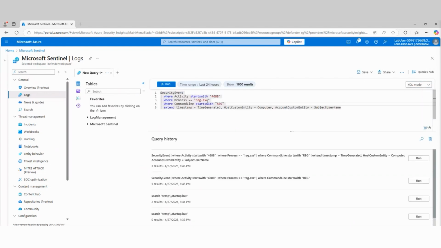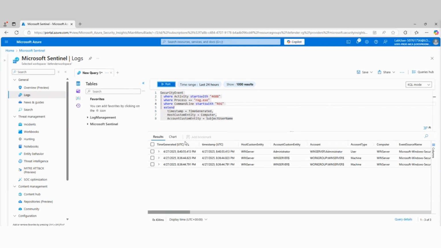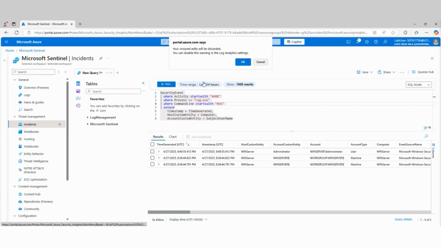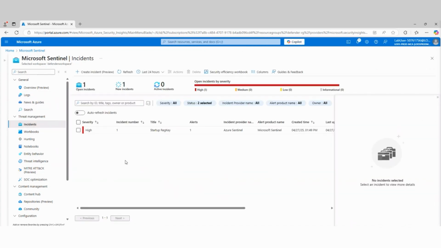our KQL mode. Because I ran this query earlier, it did detect some information. So what should happen now is that our query is going to generate something based off of this. We should get an incident that's created, and then the automation process will kick off as part of this. So now let's see if the incident is created already.